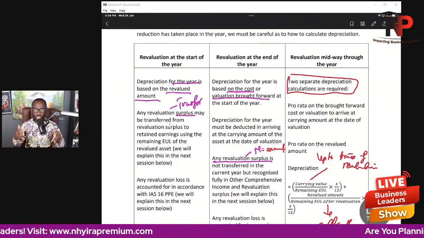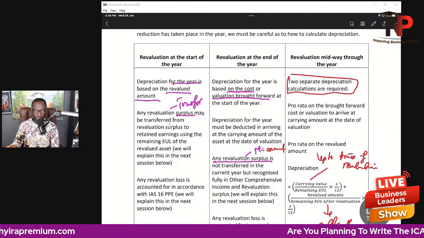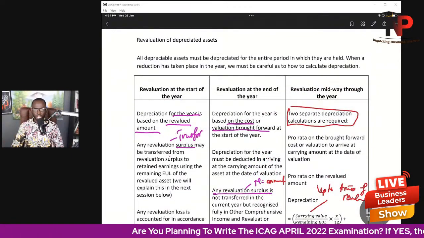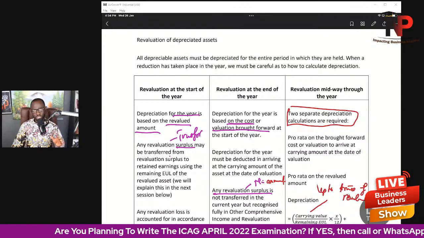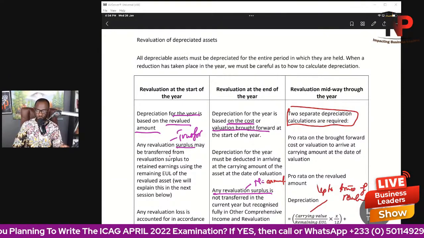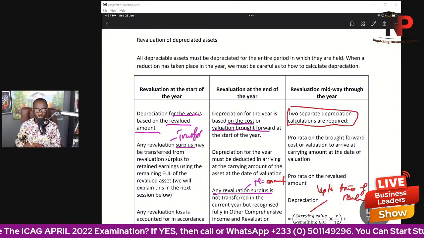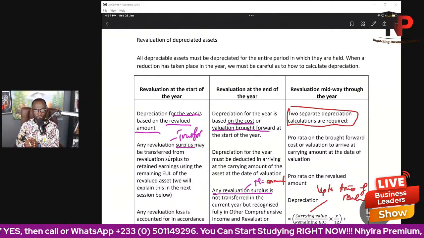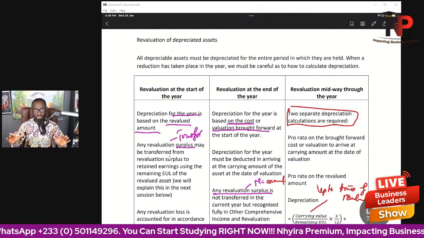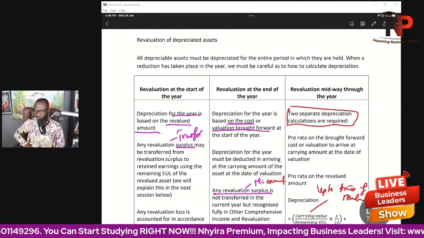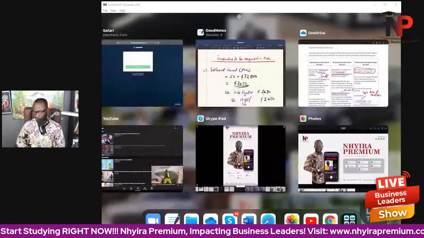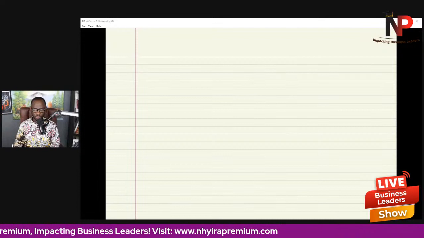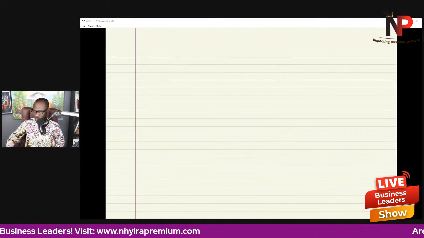Right. So we concluded yesterday on the revaluation of assets, and we emphasized that when it comes to the revaluation of assets, three things must be known as students going into the exam hall on IAS 16. And I mentioned also that IAS 16 is more or less like the fundamental accounting standard that must be understood, because our understanding of IAS 16 will help us in a number of other standards,